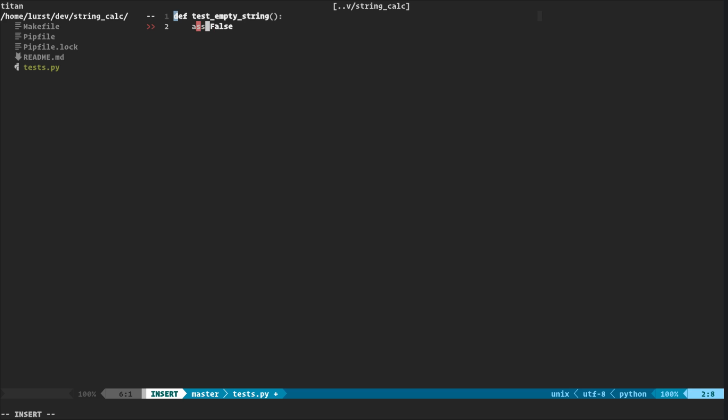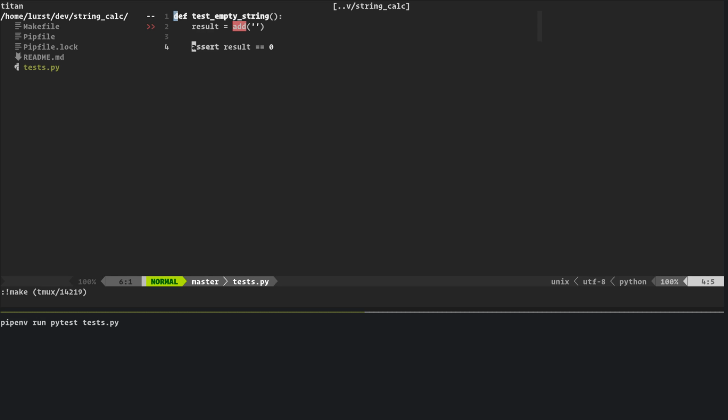So the empty string test will be, let's say, result will be add, and we're going to put the empty string, and we're going to assert that the result is 0. Correct? So we have this.